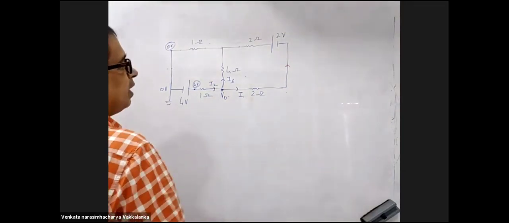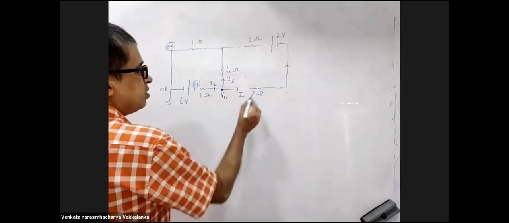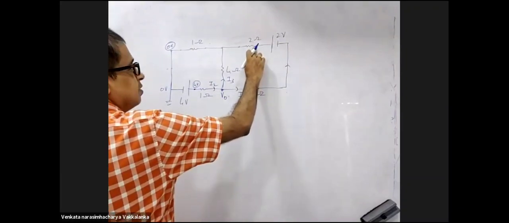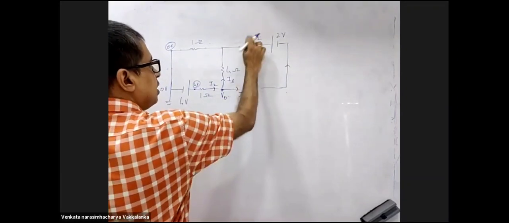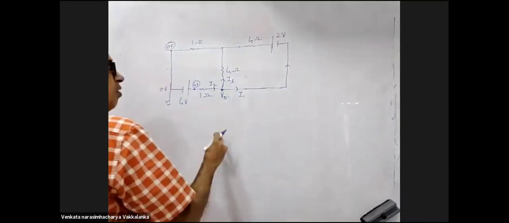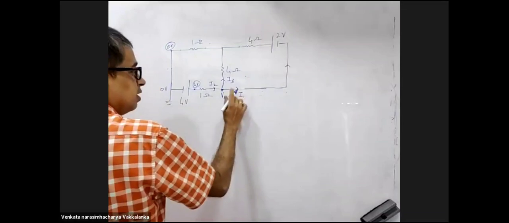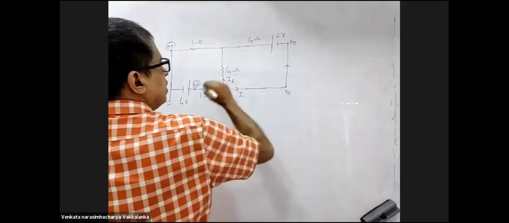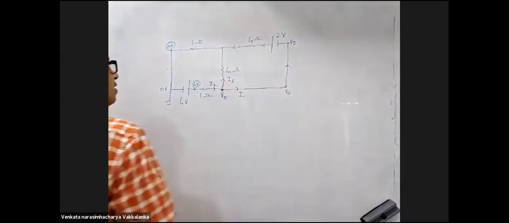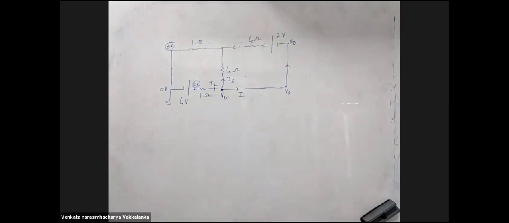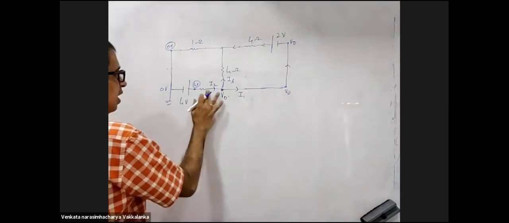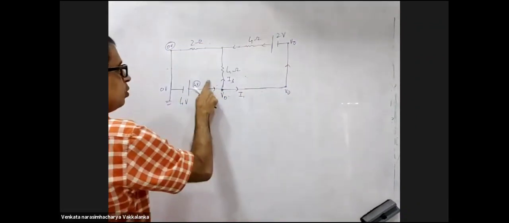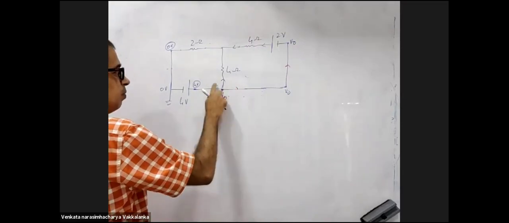Now, here you will have to play it slightly smart to make your life a bit simple. 2 and 2, are they in series, the resistances? Yes, sir. So remove this and make it 4 ohms. So that the purpose of solving this is served, right? And here if this is V0, this will be V0, this will be V0. Right? I can do the same thing here as well. Remove this and make this 2 ohms. Then I can actually take I1, I2 currents there. Life becomes much more simple.